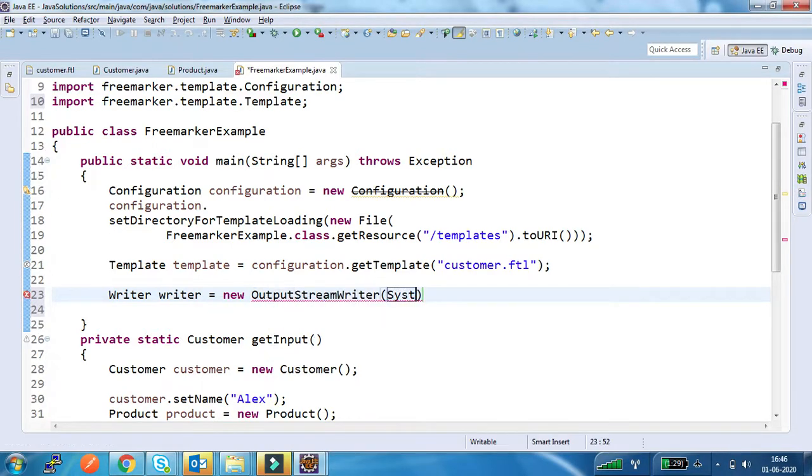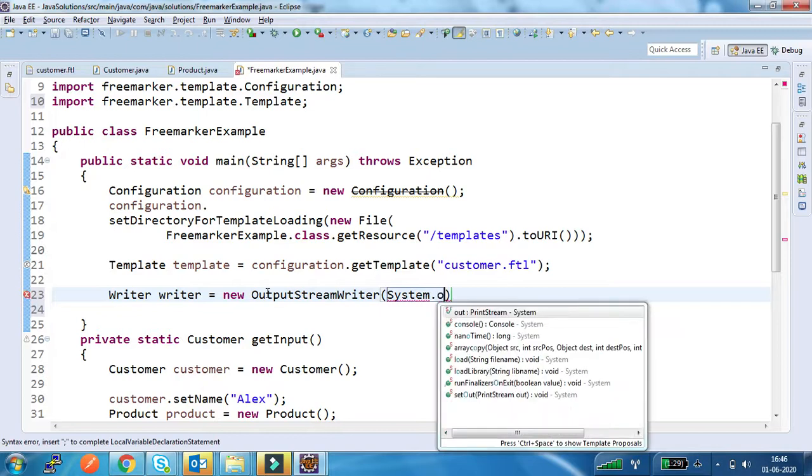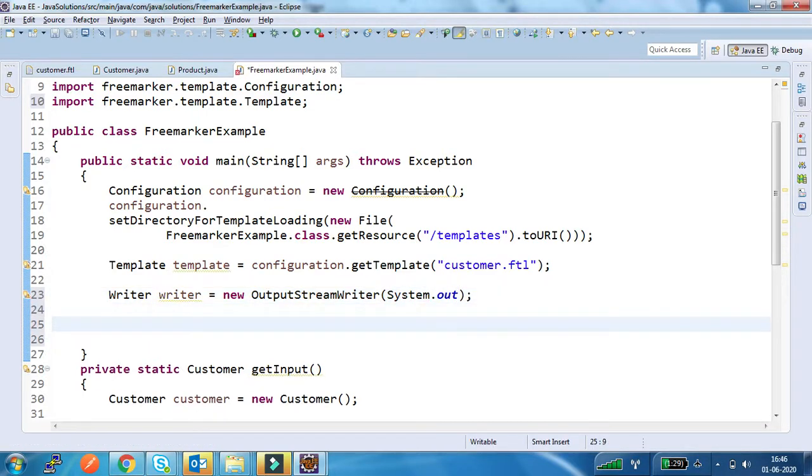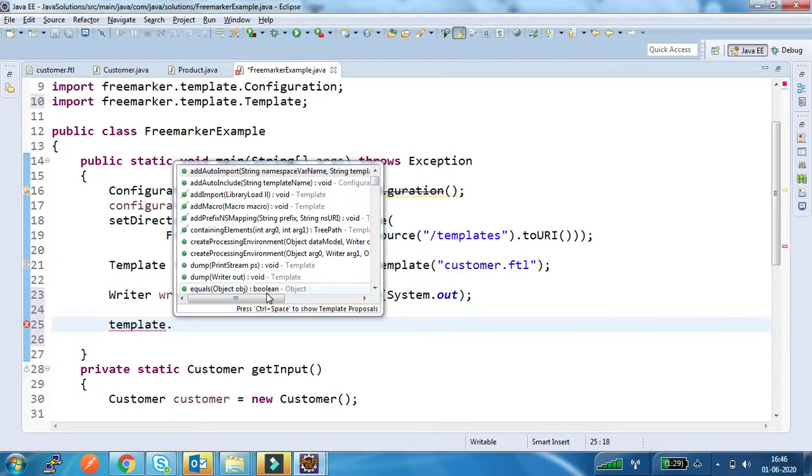For this I am passing the output stream System.out. After that I am processing the template by supplying the input.